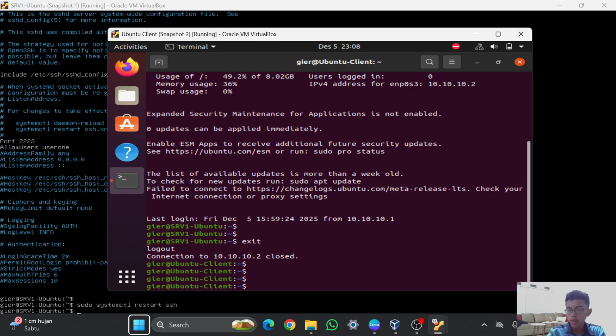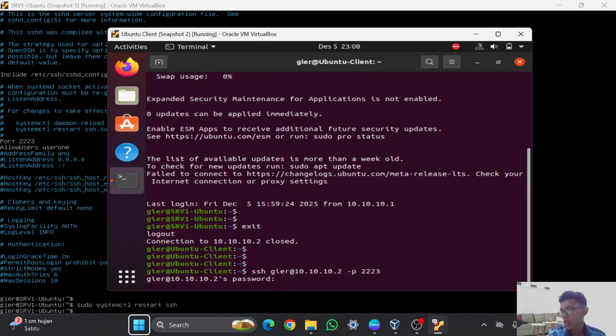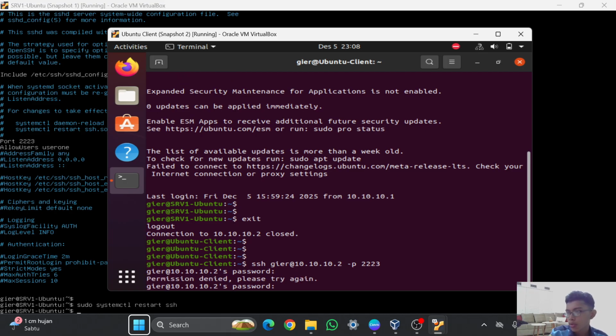And in here, if I try to log in into the GR user again, and if I try enter, oh, it can still log in. So that means I need to reboot my, oh, never mind. As you can see in here, the allowed user on the server 1 is only user 1, and the GR is not yet allowed.